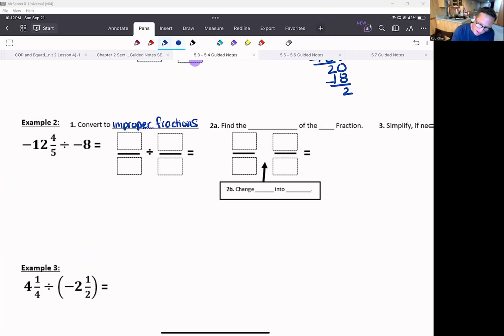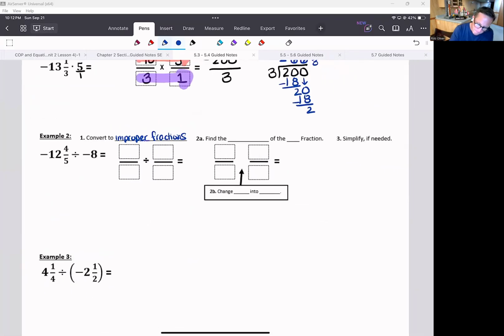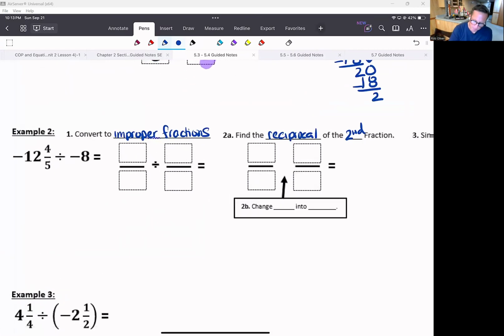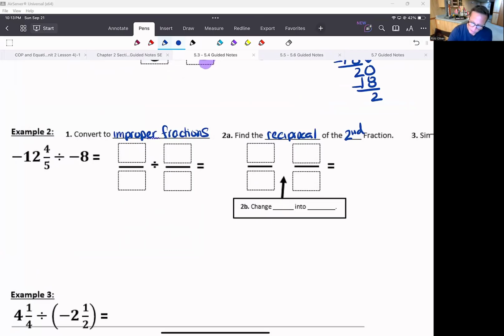And then we're going to find the reciprocal of the second fraction. Okay, so let's do that. And then it says also change division into multiplication. All right, so negative 12 and 4/5 is going to be negative 64